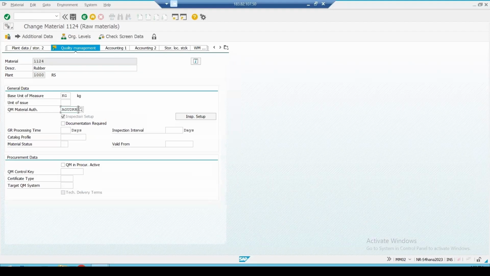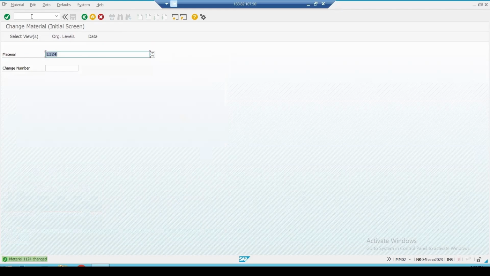Continue. Let me remove this material authorization, otherwise it will ask me that also, digital signature. We can keep it simple at present. So I have activated inspection type 01 and then save it.